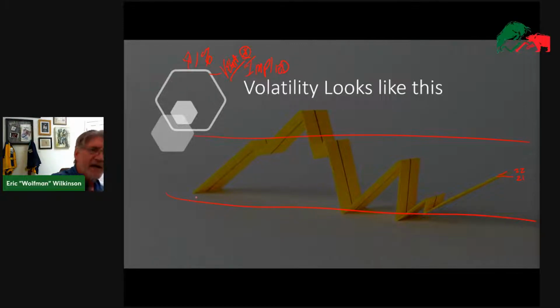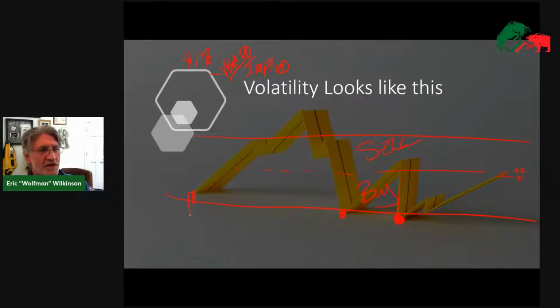So when volatility in these underlyings, we can chart them. We can draw support and resistances, and then I like to try and draw a 50-50 line there, and this is a sell zone. This is your buy zone, right? Because when volatility is down here, we know that the options are the cheapest we've seen in just about the last year, right? Some of the cheapest we've seen. So that is the opportunity to buy options. So you come up with your directional assumption, whatever it is, and then you look at this volatility chart and you see it's really low. Well, you know you're going to be buying an option strategy. Except for,